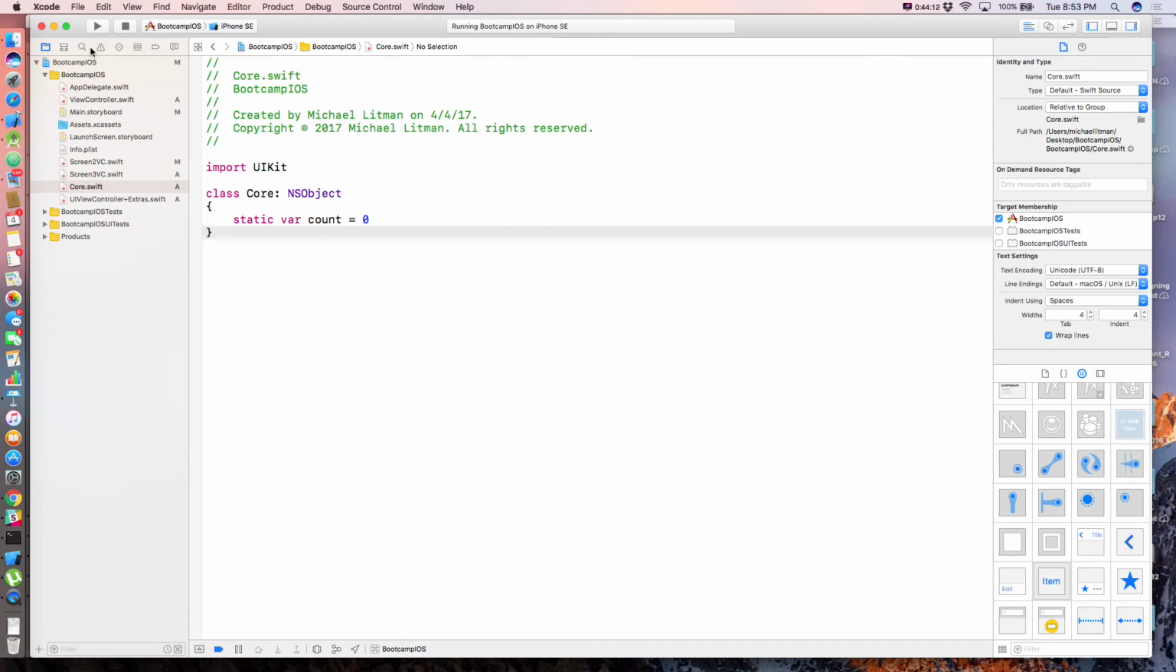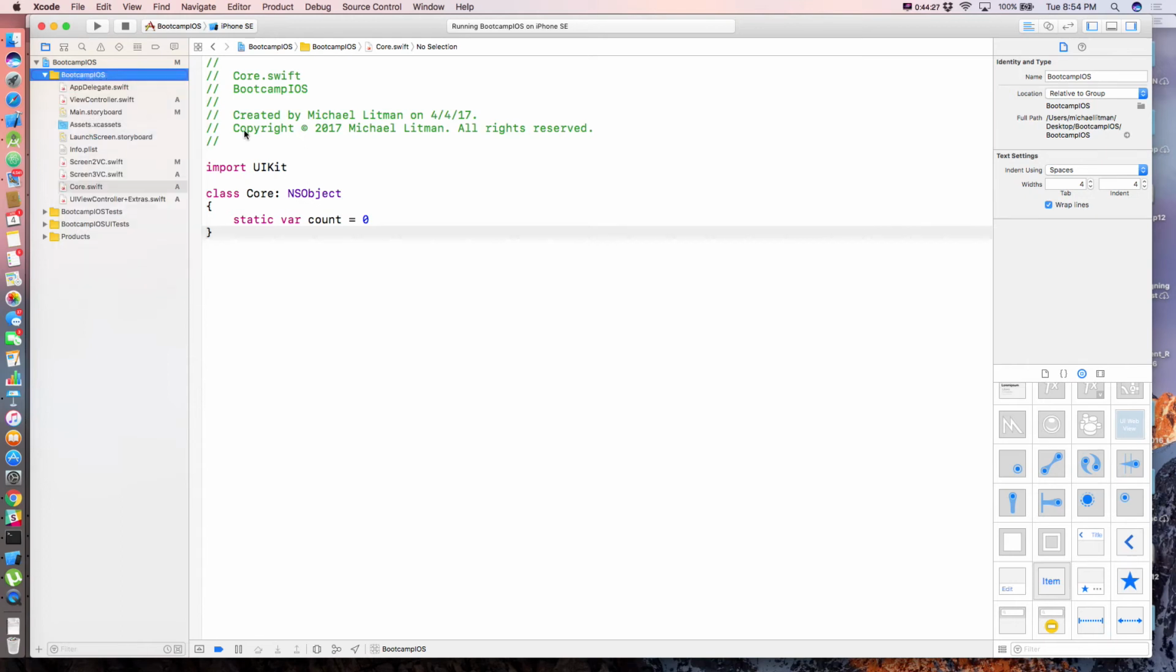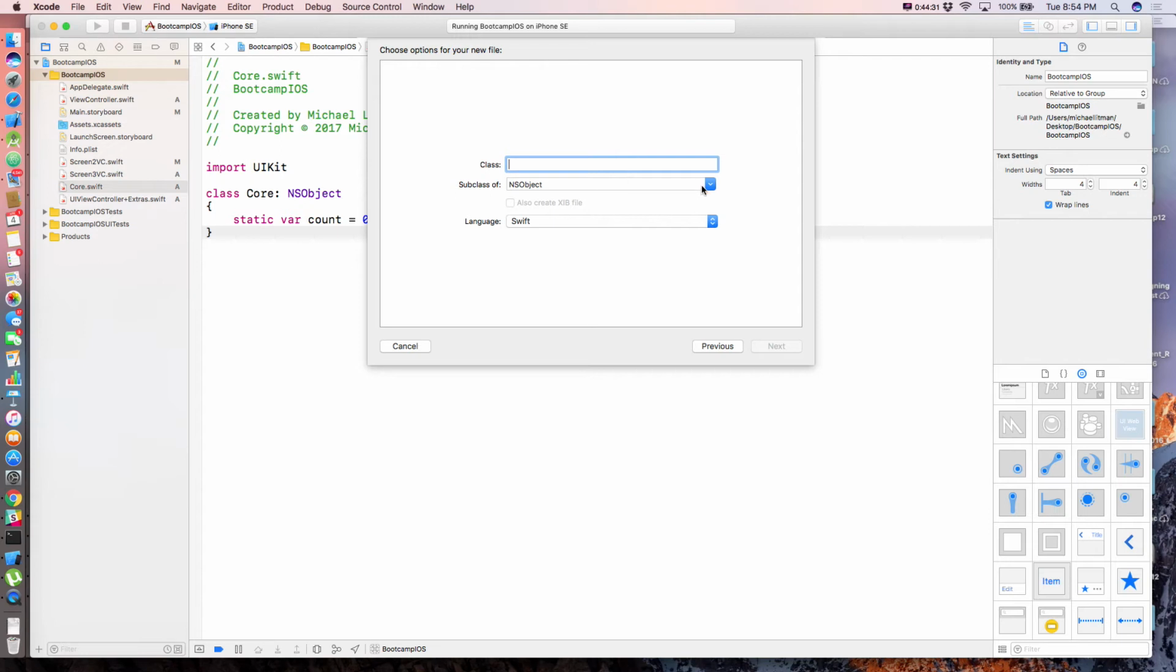So I'm going to go ahead. Let's just make sure that I didn't break anything here. I think we should be good to go. Okay. I'm going to go ahead. I'm going to create another class here. So we're going to say a new file. This is going to be a Cocoa Touch class. And this guy is going to be a